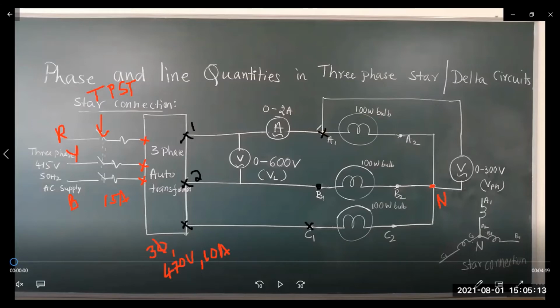So this section will be completed. Afterwards, you can short circuit A2, B2, C2 like this: A2, then B2, later on C2. So you can create a common point that is called a neutral point, or you can call it star point. Clear? So next I need to measure the line voltage and phase voltage.